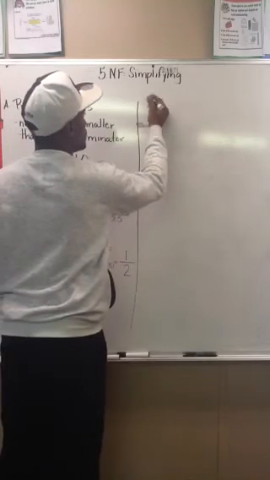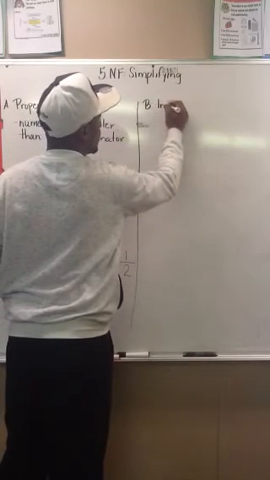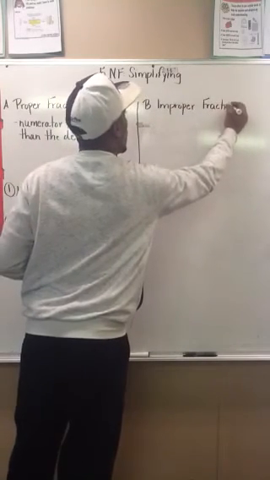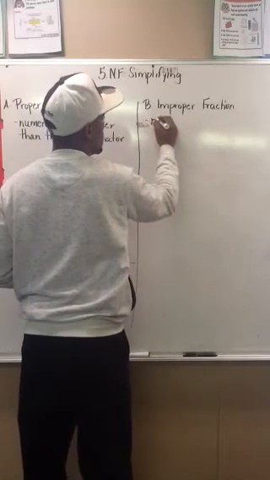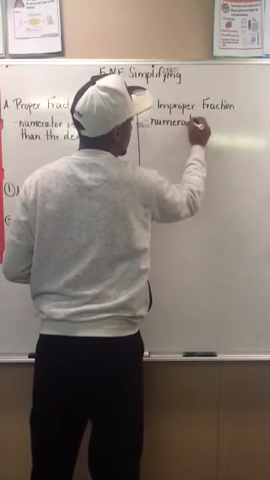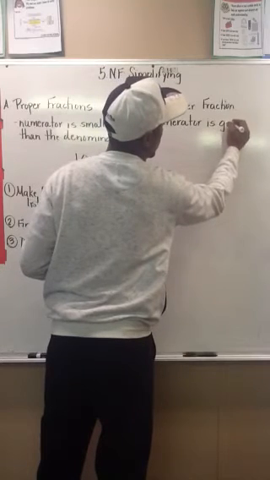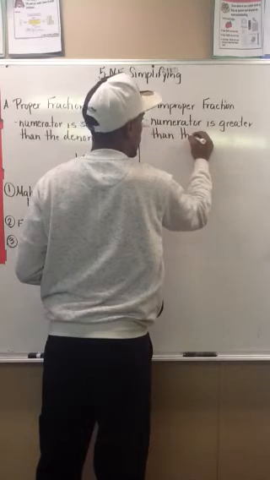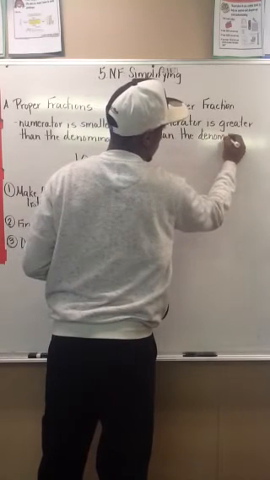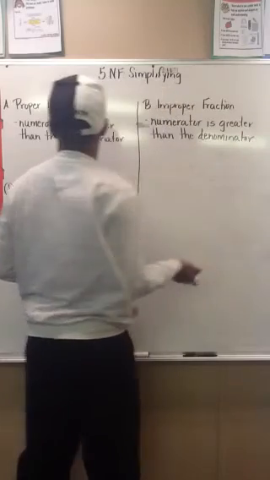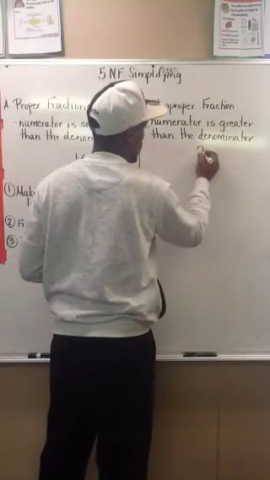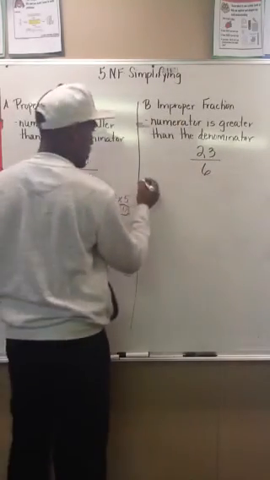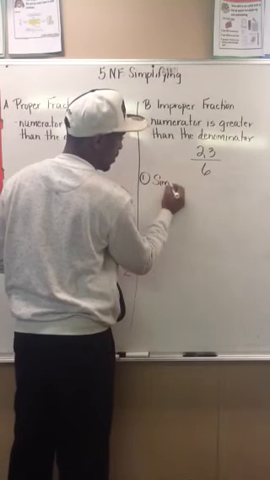Well, let's do improper. And first we need to identify what an improper fraction is. This is when the numerator is greater or bigger than the denominator. Okay? So if I give you something like 23 sixths, and I wanted you to simplify that, you simplify